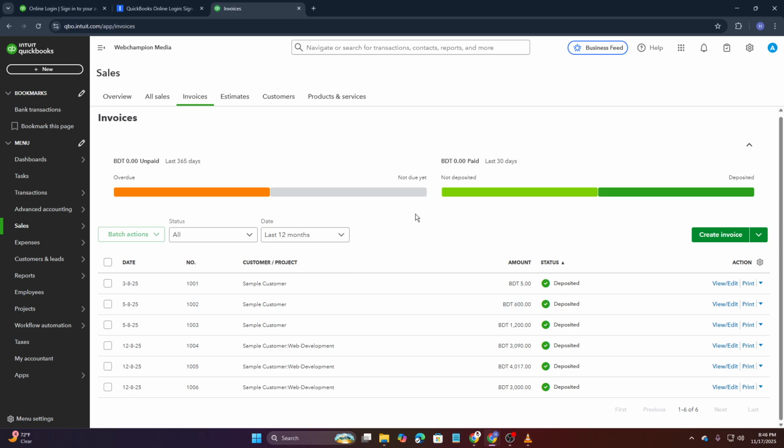Voiding invoices when necessary keeps your financial data accurate, prevents reporting issues, and helps you stay organized, especially when managing